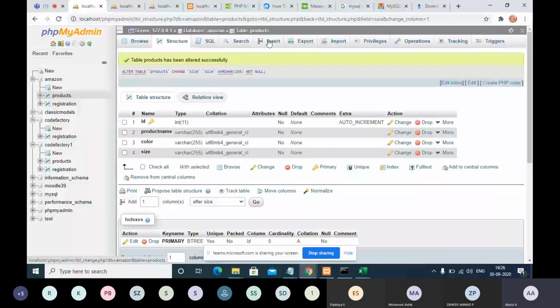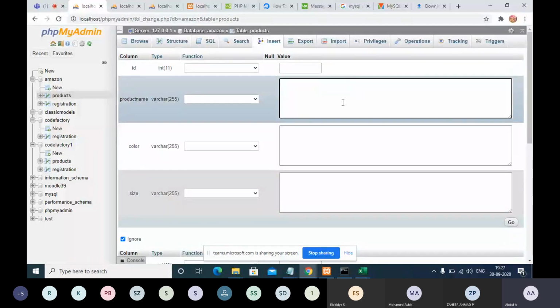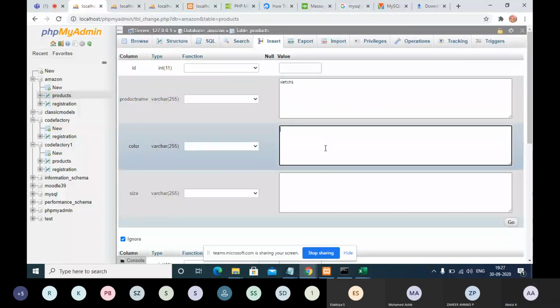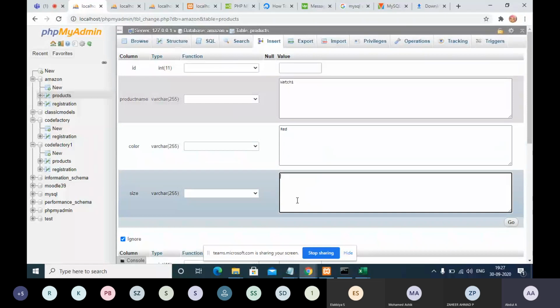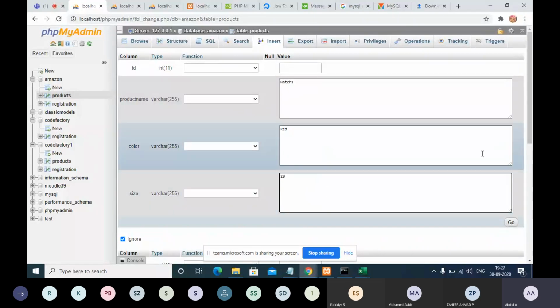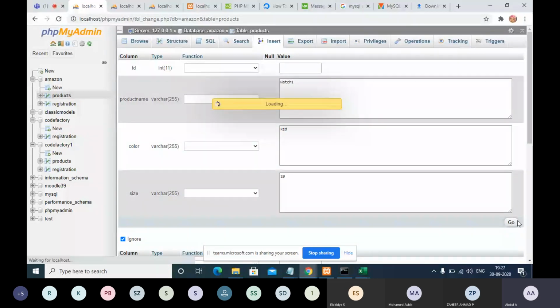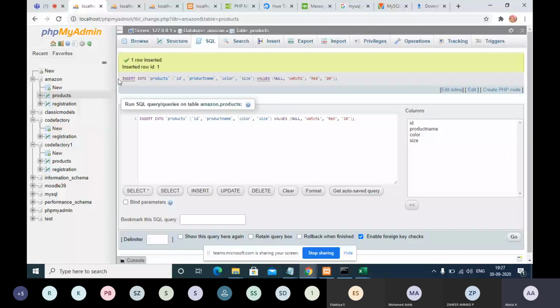For example, I insert a product record. ID will be automatically increased. For example, watch 1, color red. Size, for example, I'm just giving 20, randomly some size.